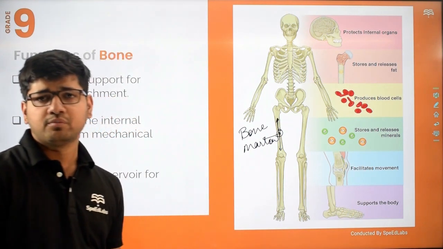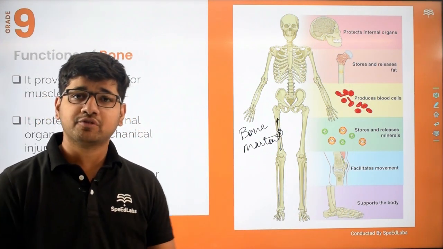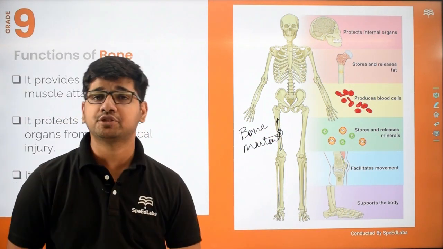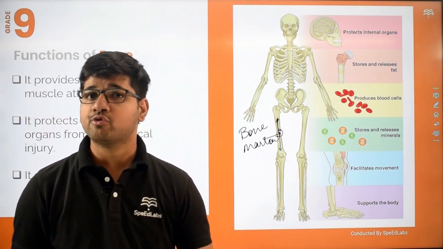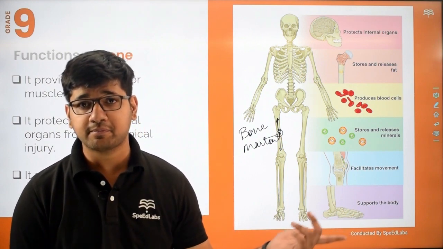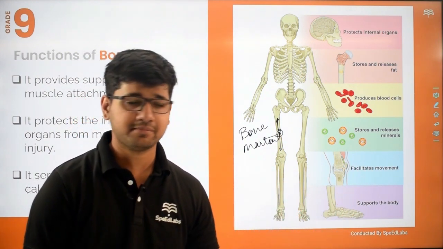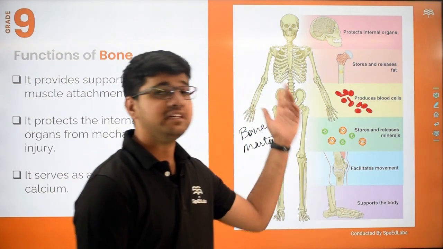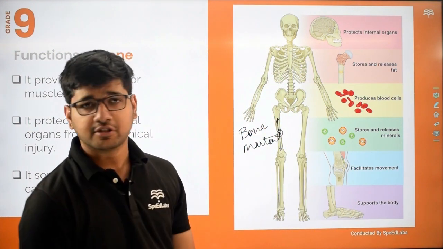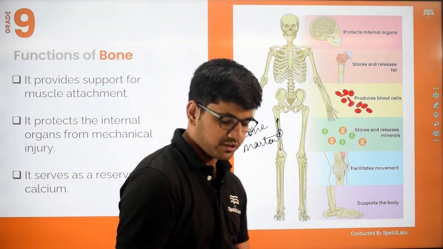This is the region where red blood cells are produced. All right, and you know the significance and importance of red blood cells that we have discussed earlier, right? So production of blood cells, stores and releases fats and protects internal organs, right? So these are the